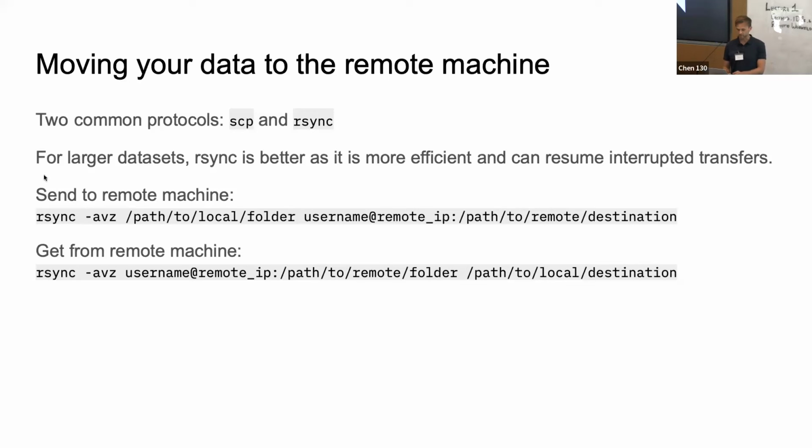The syntax is pretty simple. It should also be pre-installed in your command line. You call rsync -abc, specify your local folder, and here instead of username at remote IP, we can just use the shortcut we had before. And it also works the other way around if you want to download from the remote